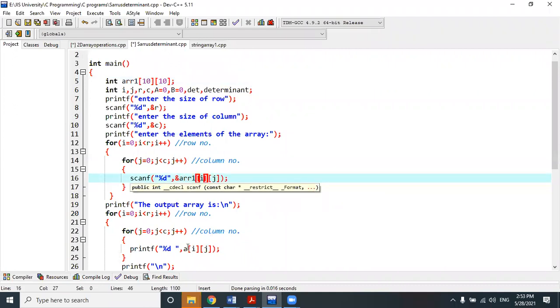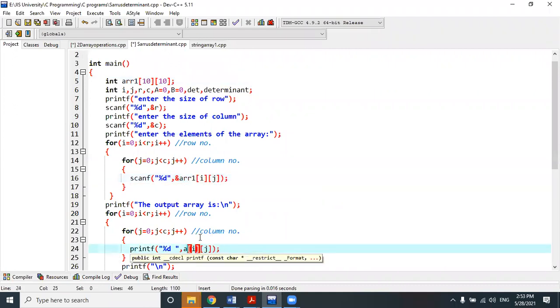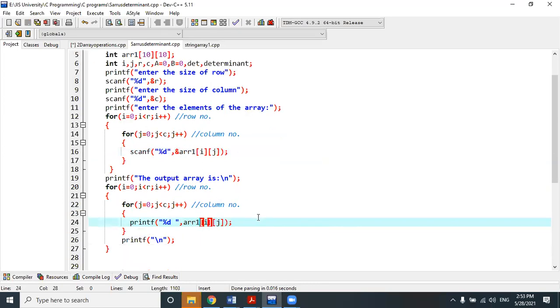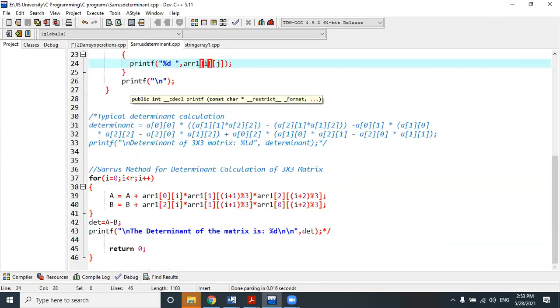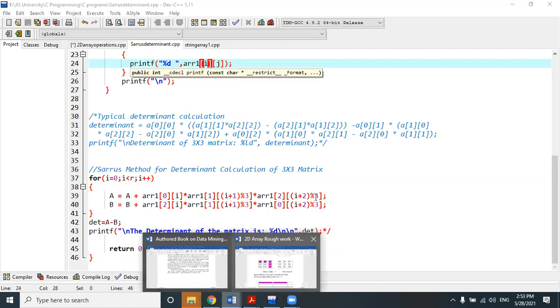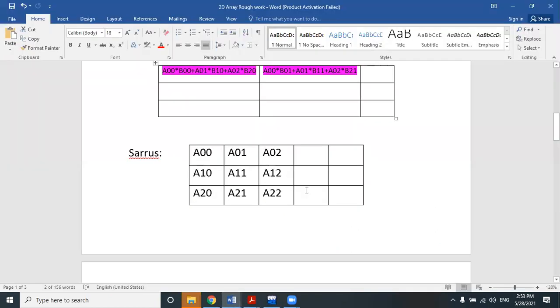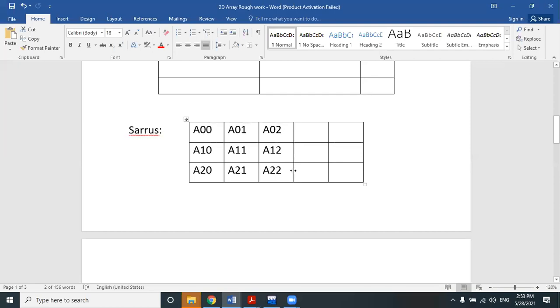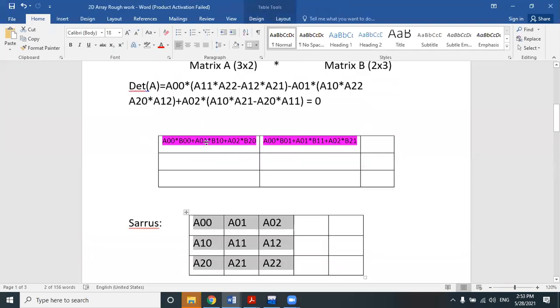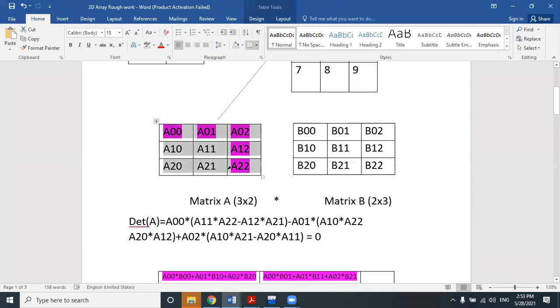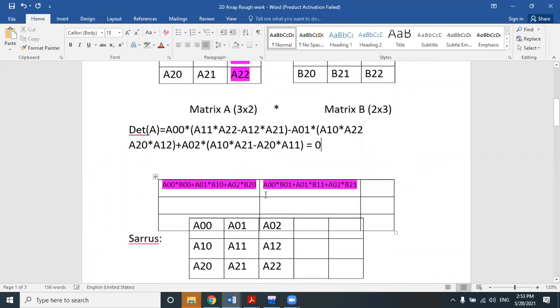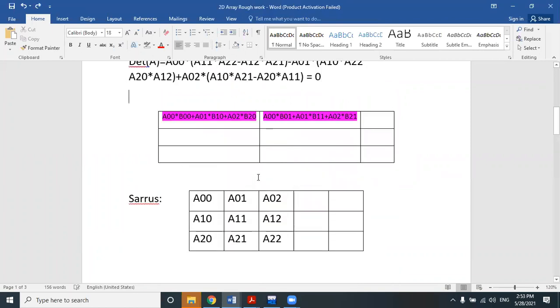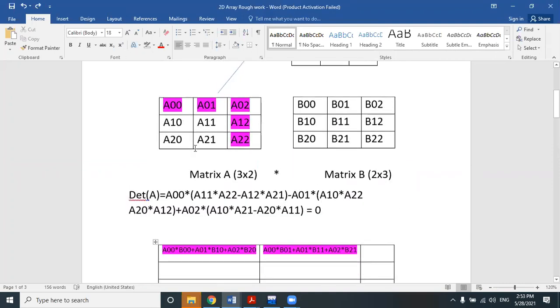Now let me first discuss what the Sarrus method is. Listen very carefully, very important. What is Sarrus method and how does it work? Suppose I want to perform the matrix determinant calculation for this 3 cross 3 matrix, which I have already done as a general matrix determinant calculation, but now I need to apply the Sarrus method.